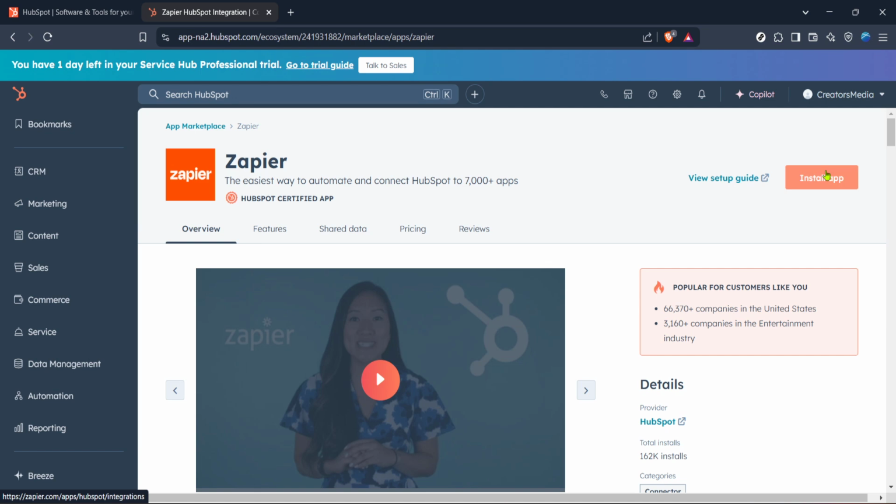And there you have it, a seamless connection between HubSpot and Zapier. By following these straightforward steps, you've now opened up a world of automation possibilities. This integration can help you streamline your workflows, improve team productivity, and facilitate smooth data transfer between your applications. If you have any questions or encounter any issues, HubSpot's support resources are an excellent place to turn to.